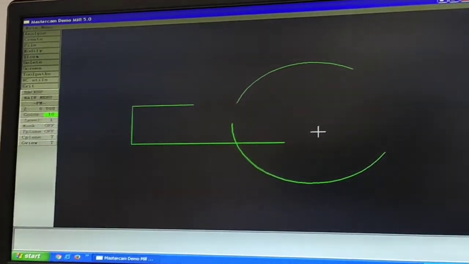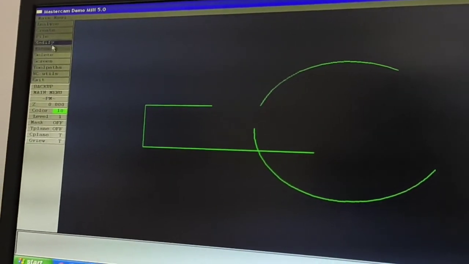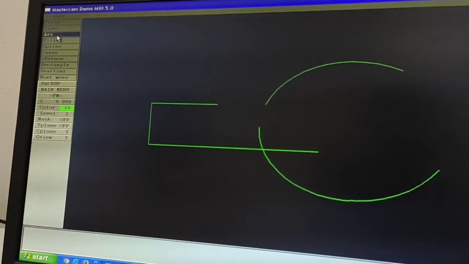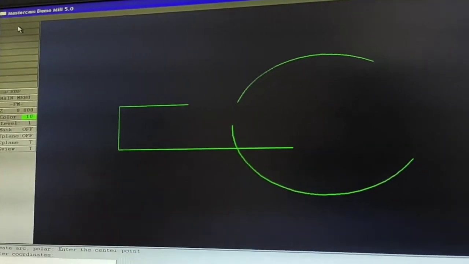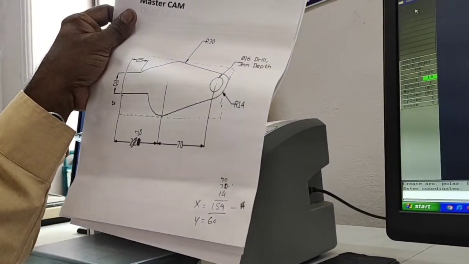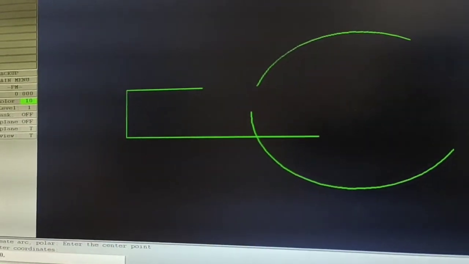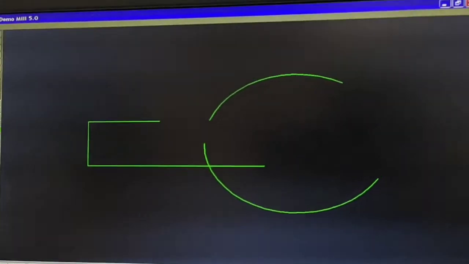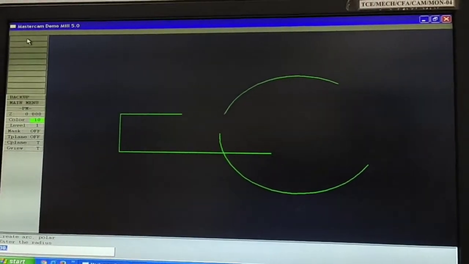Now we go to draw another arc: main menu, create, arc, polar, center point. What is the center point? 70 plus 70, 140, comma, 30. Enter the radius.